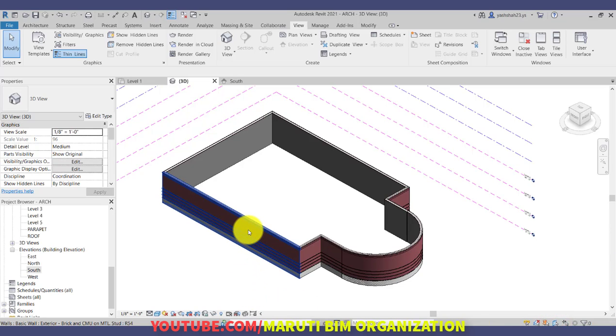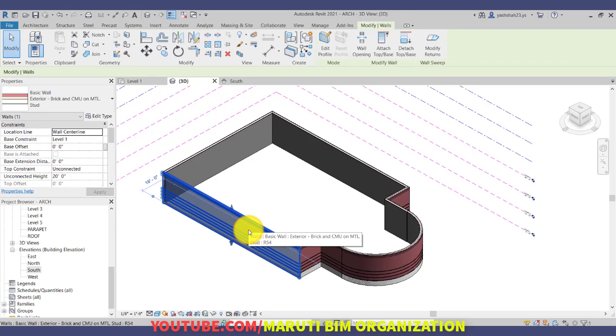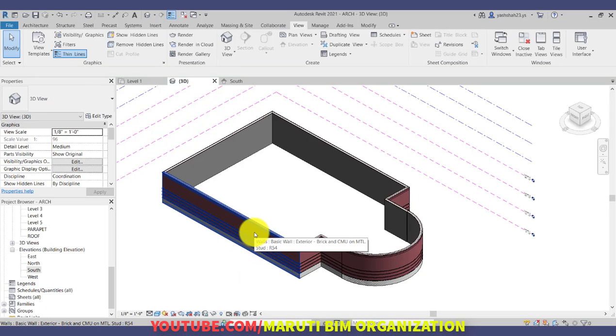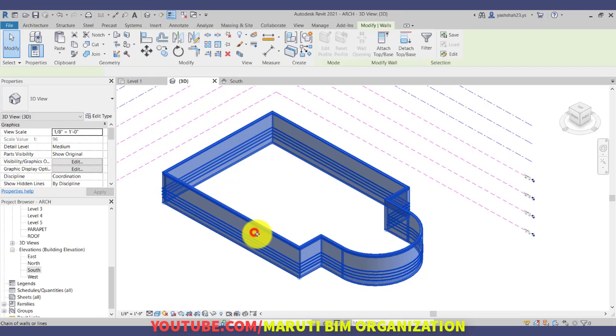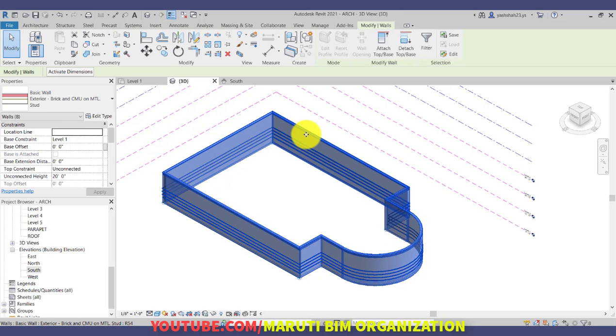That option should be turned on. If you move the mouse over this wall and click, as you can see, we can select the wall. Now if you move the mouse over the wall and use the tab key only one time, it will select a chain of walls, and when you click, it will select all the walls.